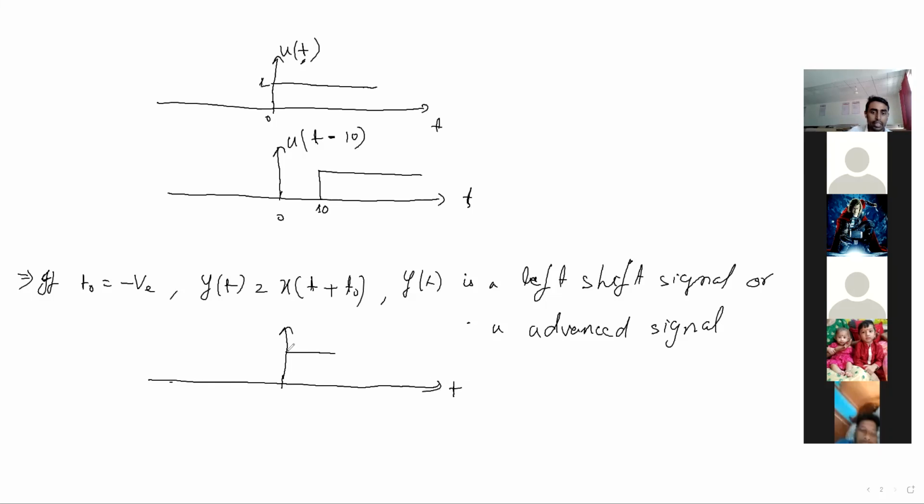So let it be a unit step signal u(t). If a plus is given in the signal, meaning I am giving u(t) plus 10, the original signal is shifted to the left of the y-axis. Suppose up to here, the waveform would be like this. It is shifted to the left by 10 seconds, because I have given t naught equal to 10. So this thing you should know. I think this is clear.